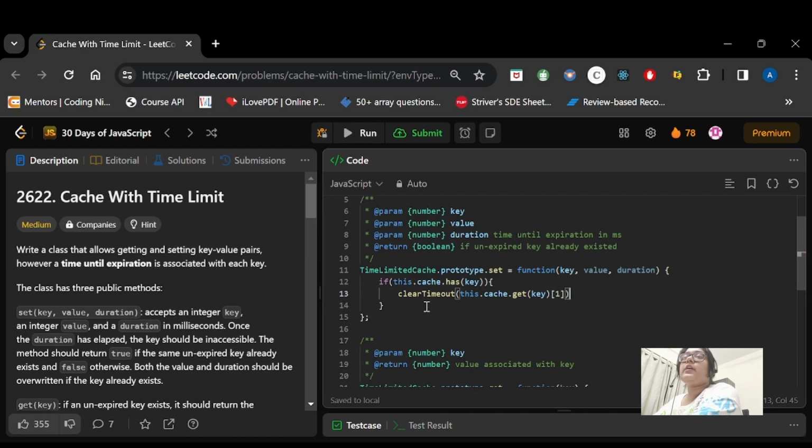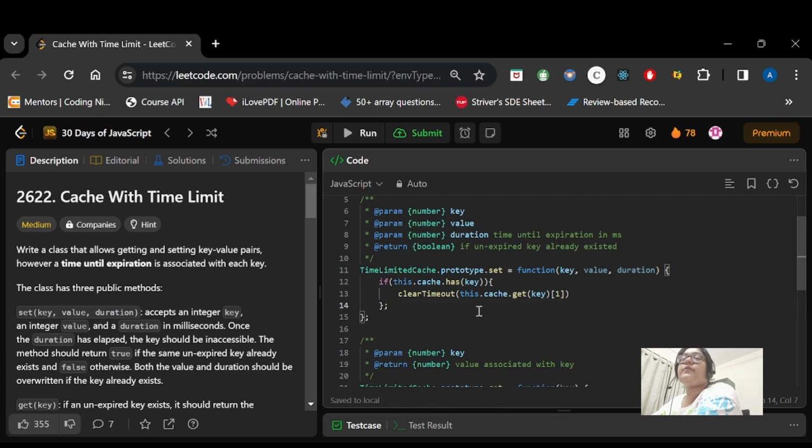First we saw that we had to give value and duration. Instead of the duration, we were passing the timer, so that when we get the key, we can clear the set timeout, or stop its execution, if we have found the key.